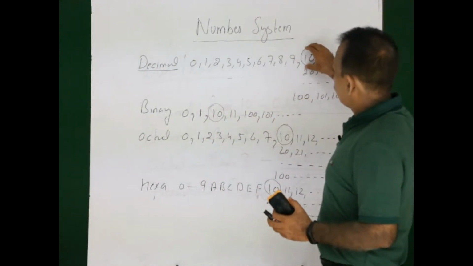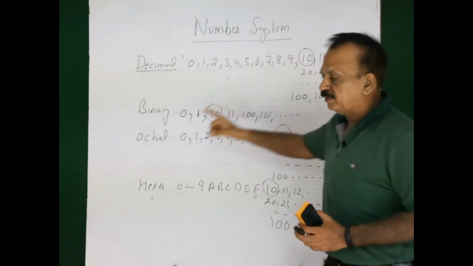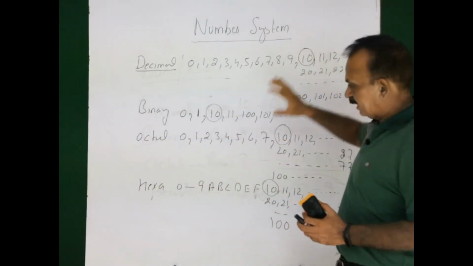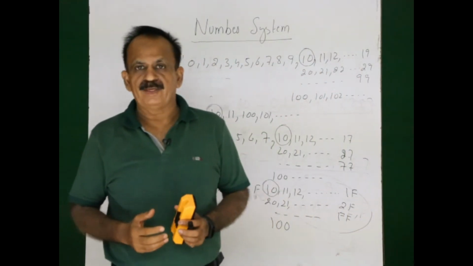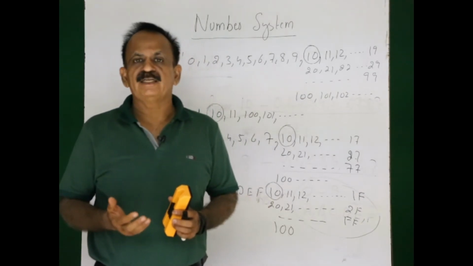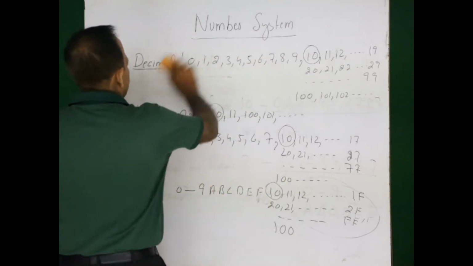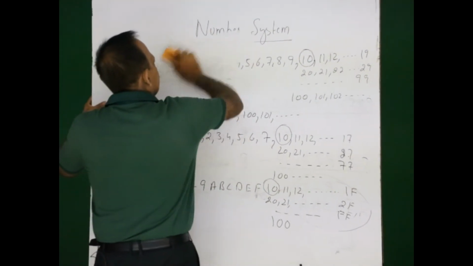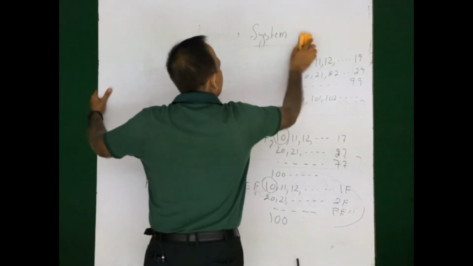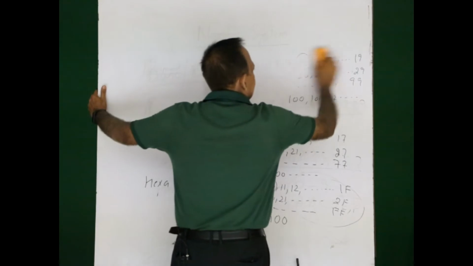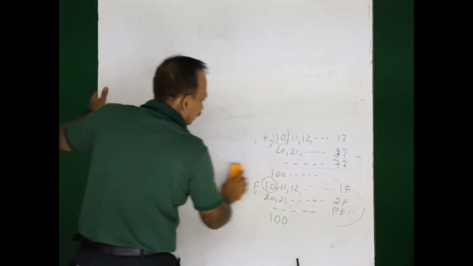Say a number 1 0 in decimal, what will be its interpretation in binary, what will be its meaning in the octal, where it will stand in the hexadecimal number system. So I will be discussing a topic, and that topic is conversion from one number system into another number system. A very important concept in this number system is the base or the radix of the number system, that is the maximum number of digits in the number system.